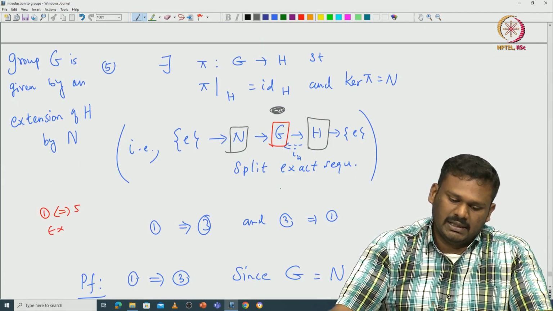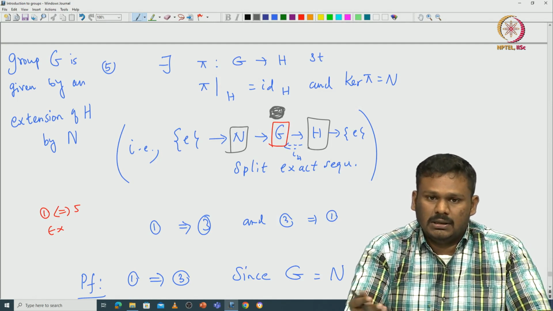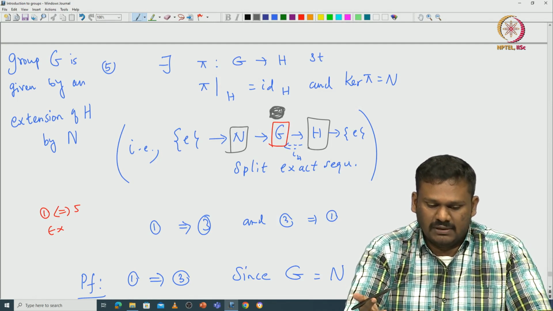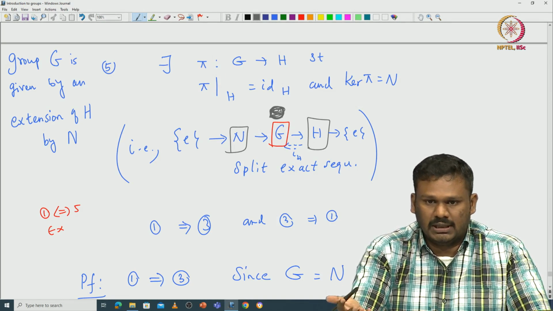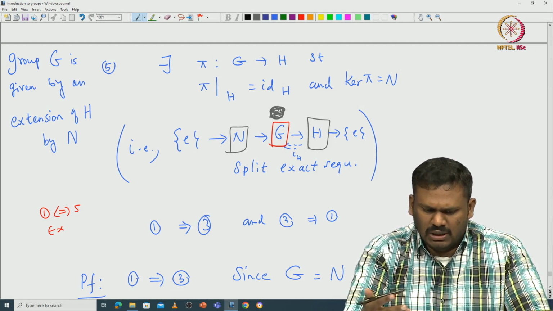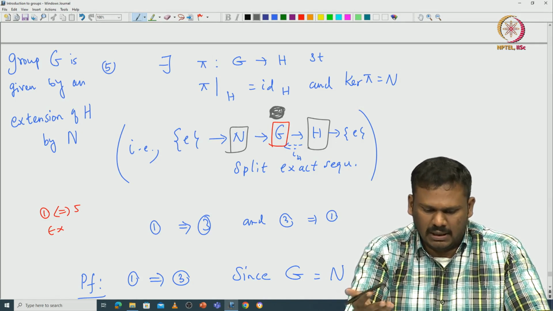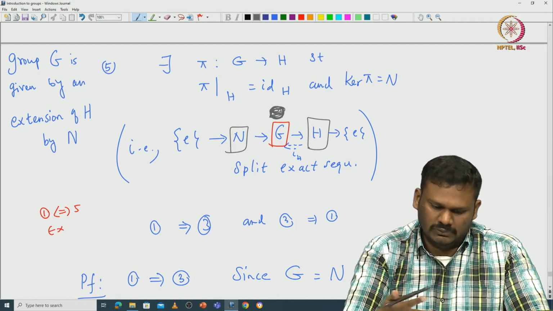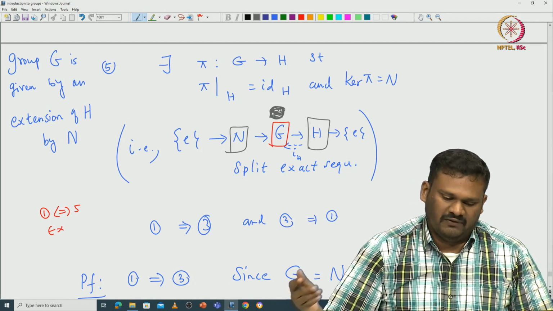Okay, like I said, there are many non-isomorphic groups that can be filled in the middle. But in some situations, when you take Z modulo pZ and Z modulo qZ, then there is only one way to fill in between. So that means there is only one non-isomorphic choice. Of course, one abelian group will be there, and one non-abelian group will be there. Only those are the two things that you can fill here.